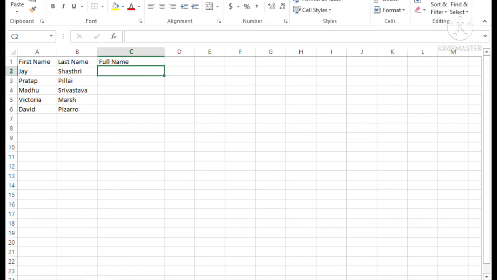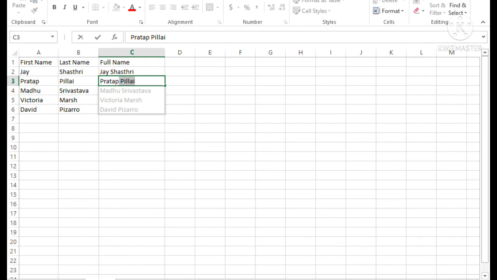You want to fill column C with first and last names combined. For that, first we have to establish a pattern by typing the full name in the first cells of column C, so that Excel's flash fill feature will fill in the rest for you based on the pattern that you provide.